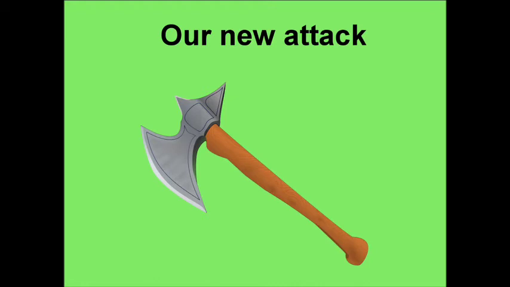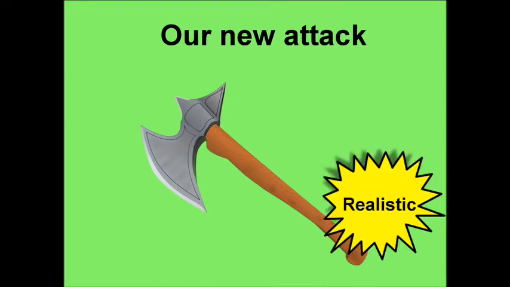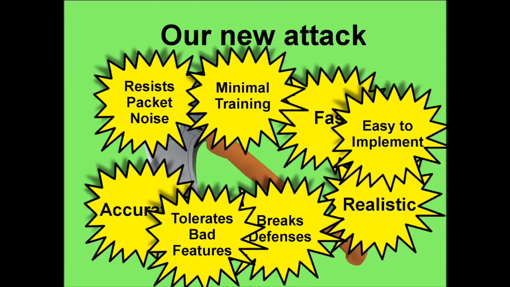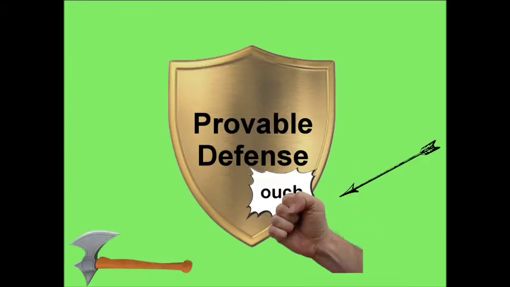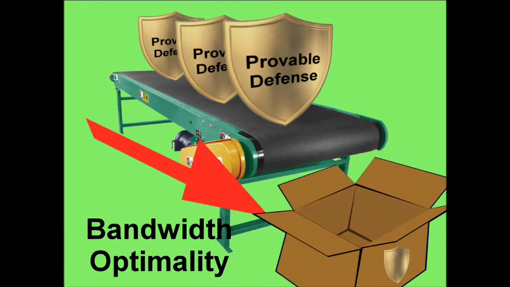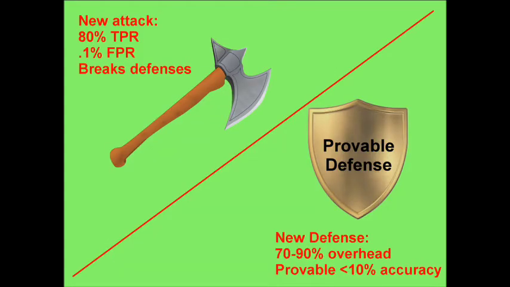We will showcase a new attack using the k-nearest neighbors classifier that vastly expands the real attacker's capabilities, as well as being faster, more accurate, defense penetrating, noise resilient, and more. To protect users against this sort of attack, we need provably effective defenses against all possible attacks. We construct a class of such defenses and discuss how bandwidth optimality can be approximated and identified. Our results show that without using our defense, which has an overhead of around 70 to 90%, our attack can achieve 80% accuracy at only around the 0.1% false positive rate.